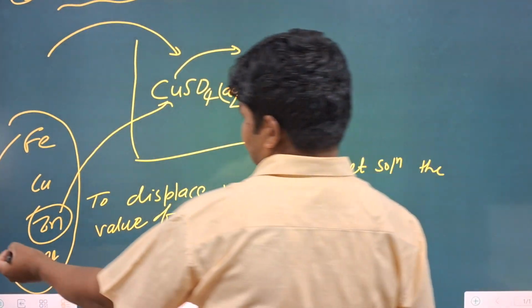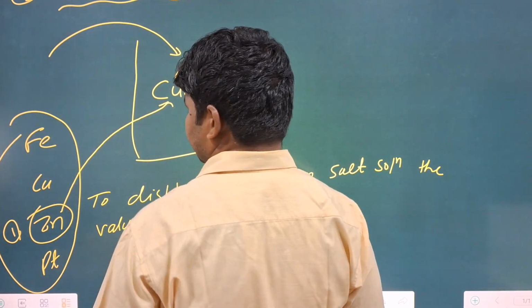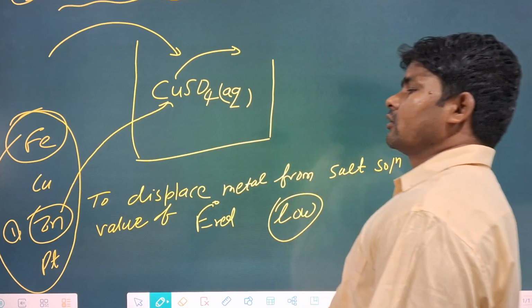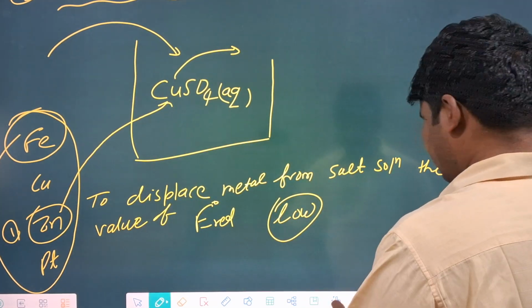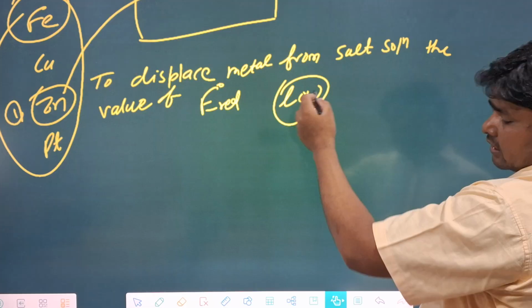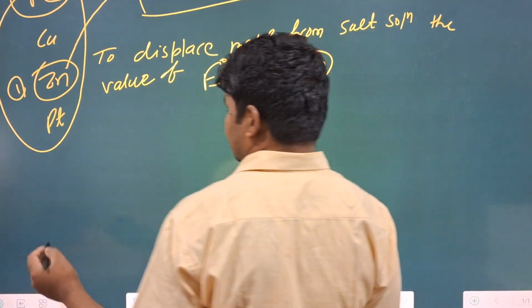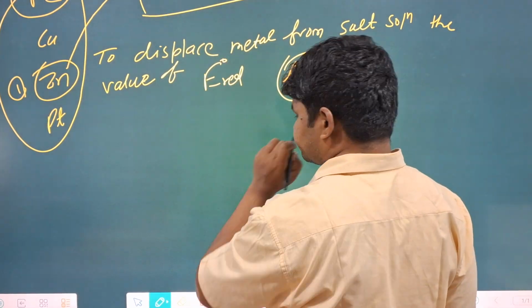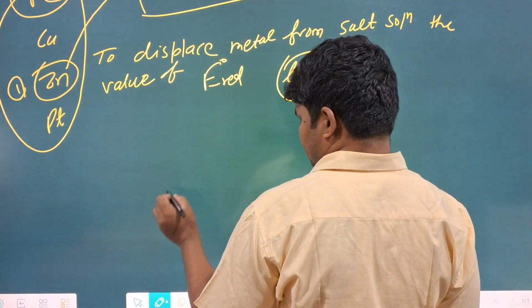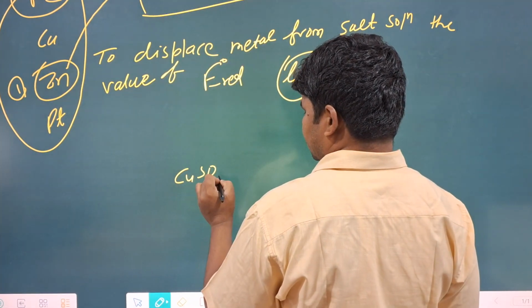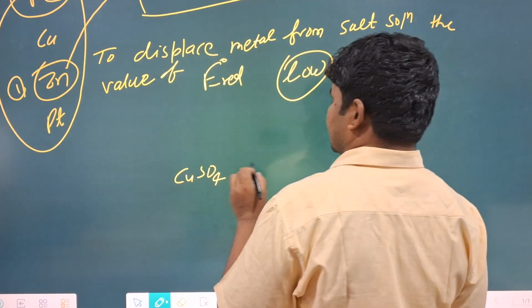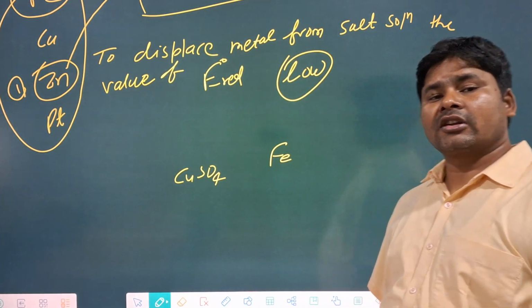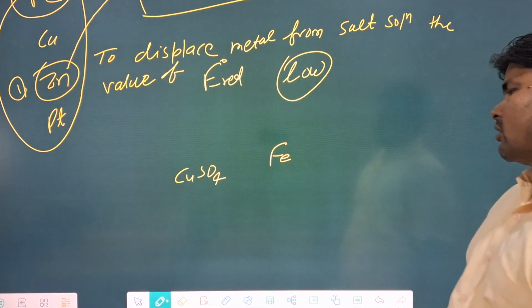And if zinc is not taken, then iron becomes able to displace copper from copper sulfate solution. In class 11 or high school or in NEET examination, a question says that in copper sulfate solution, if a rod of iron is added, then the blue color of the solution disappears. What is the reason? We know that